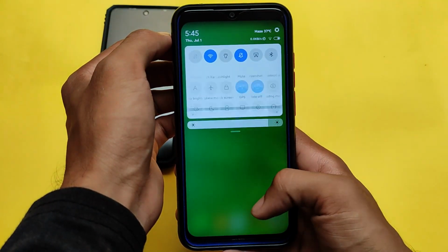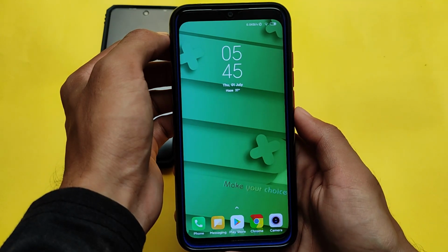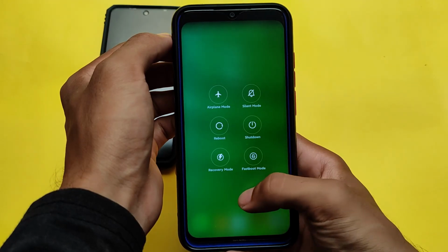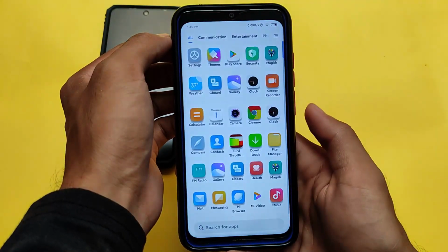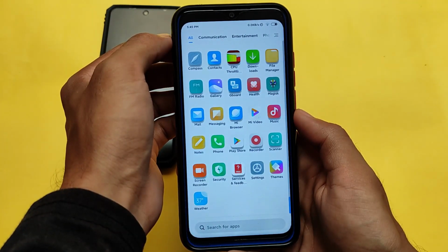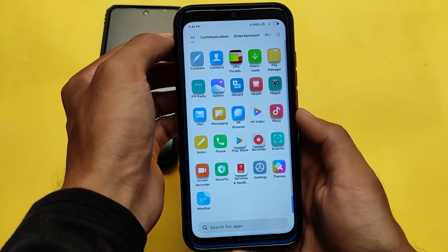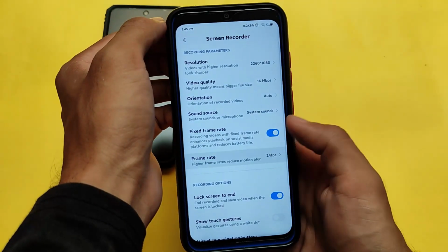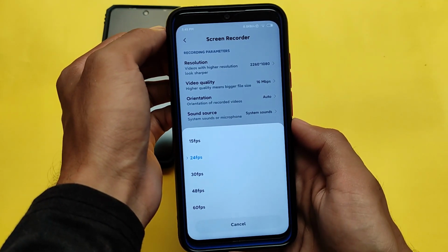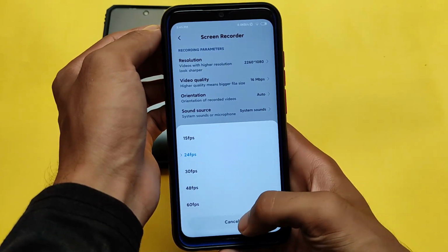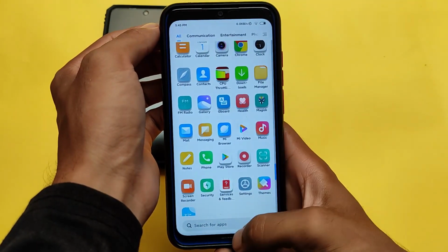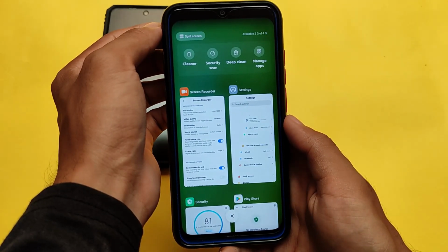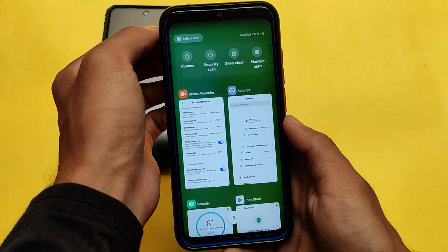As you can see, the smoothness, etc. is quite good. You can customize your notification shade, and a lot more things. The default power menu also includes all the latest advanced options. Icons have the reflections, and it looks quite good. So this is the must-try for you if you're looking for a custom MIUI ROM which is very fast. The screen recorder is also unlocked up to 60 fps, looks quite good. I have already shown you all the things available. RAM is 2 GB out of 4 GB, and I haven't cleared anything, so it looks quite good.